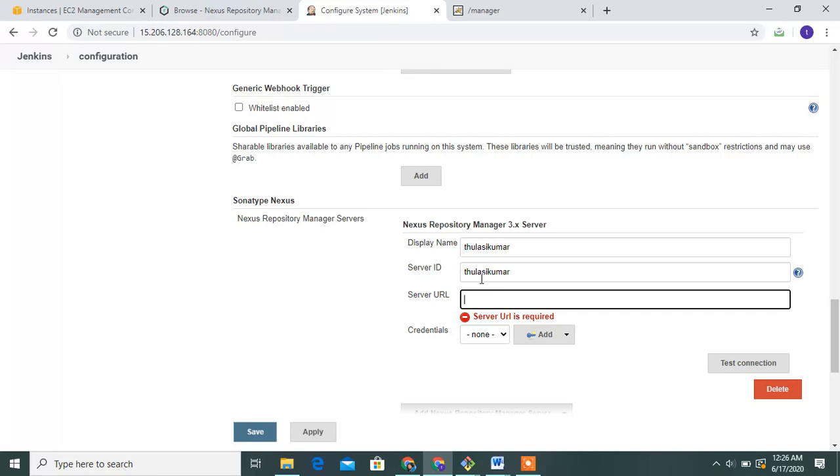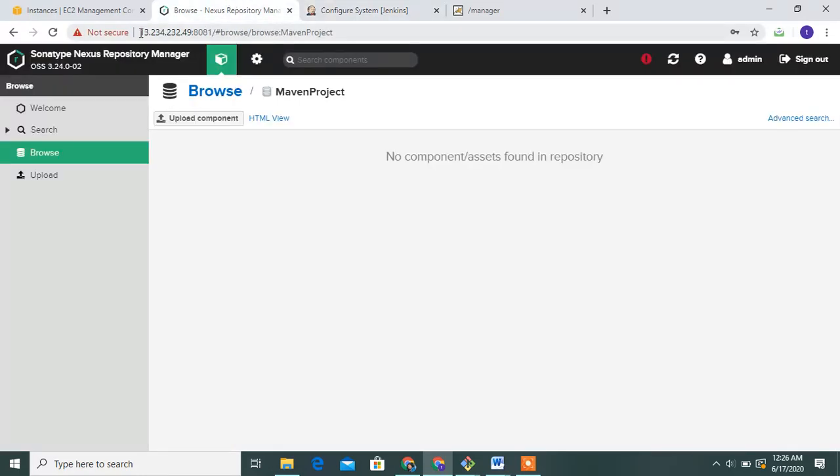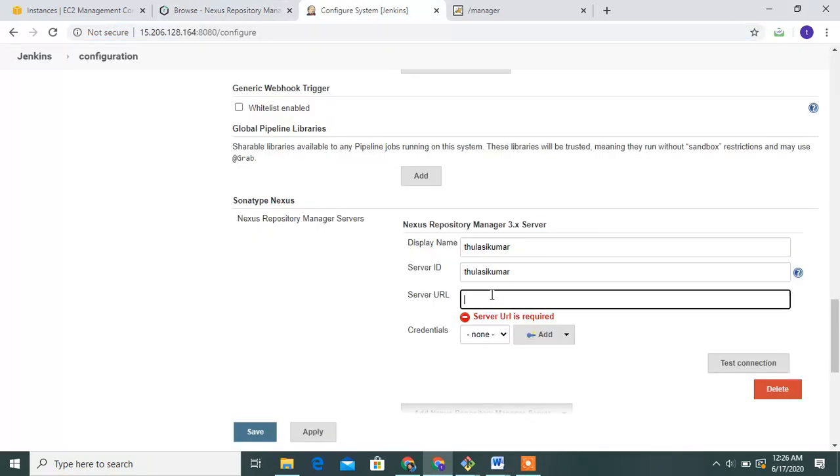Display name anything and server ID anything, guys, your choice. And Nexus server URL. What is the URL in Nexus? This is the URL in Nexus. Copy the URL and paste it here.